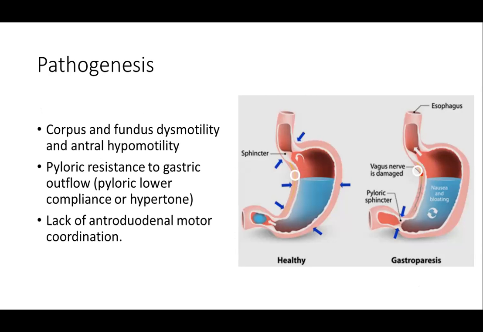Going back, why you have this dysmotility is really functionally because what you need is a nice contraction and relaxation happening simultaneously. When that's disrupted for whatever reason, it doesn't happen, and you're going to have delayed gastric transit. The way they word that is lack of antroduodenal motor coordination. That's the very distal part of your stomach. So essentially you have a stomach that doesn't squeeze very well, and you have a distal stomach that doesn't relax very well. Those are two things working against you. You cannot digest solids very well, so you get nauseated, you don't feel very well.